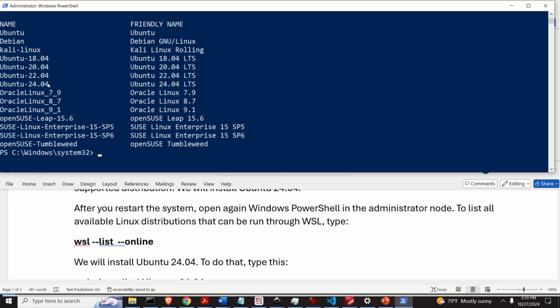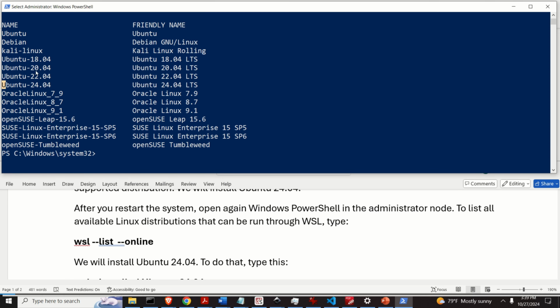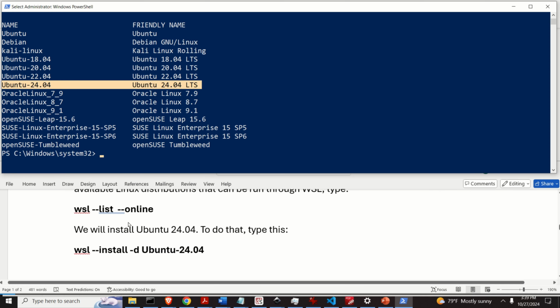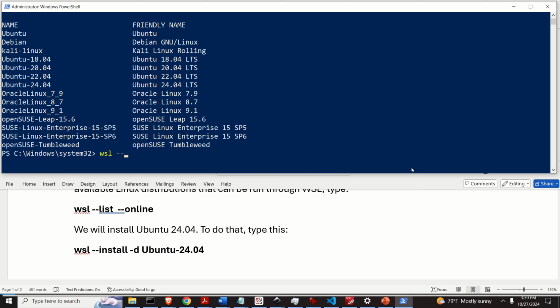In our case, we will choose this option, Ubuntu 24.04. And let's explain how to install this particular version. To install this version of Ubuntu, you simply need to do this. WSL double dash list, or basically not list, you need to type WSL